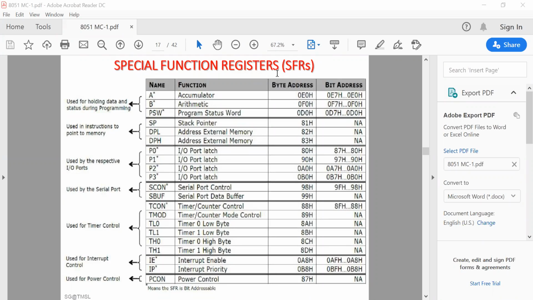Now, incidentally, the internal RAM of 128 bytes uses addresses only from 00 to 7F, that is 128 bytes of addresses. Now, this leaves the entire range of addresses from 80 to FF completely unused and can be freely allotted to the SFRs.